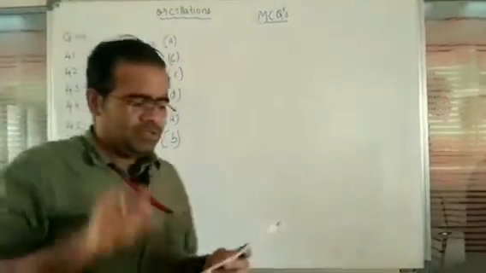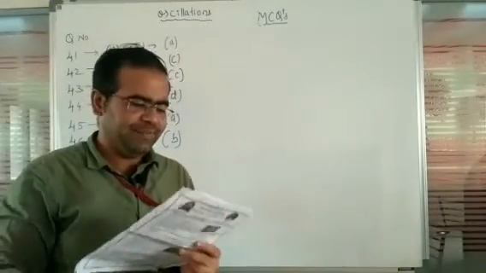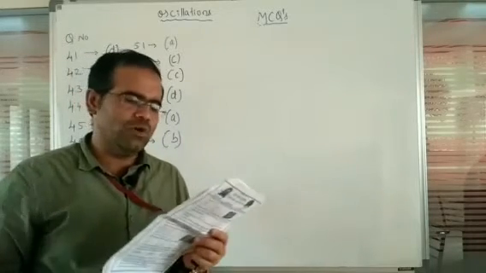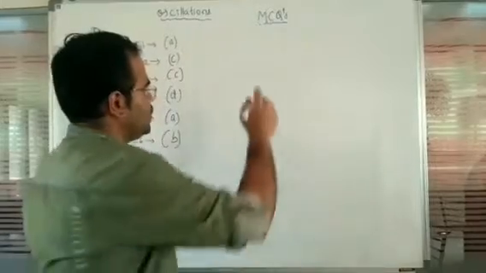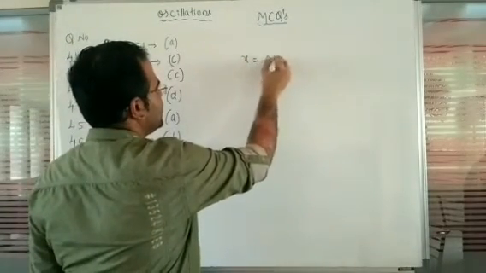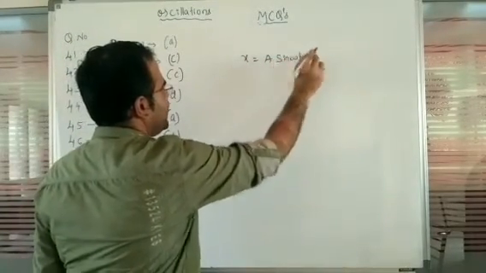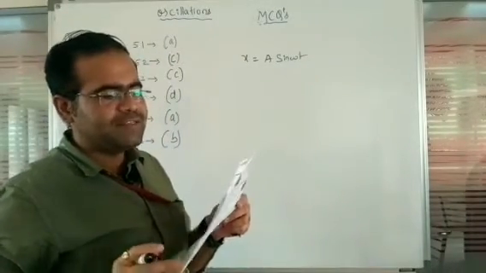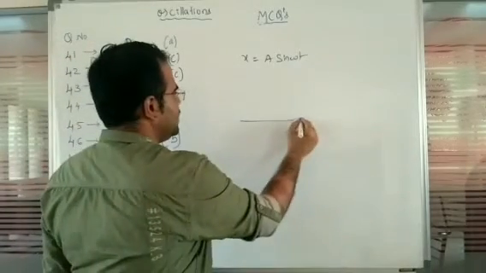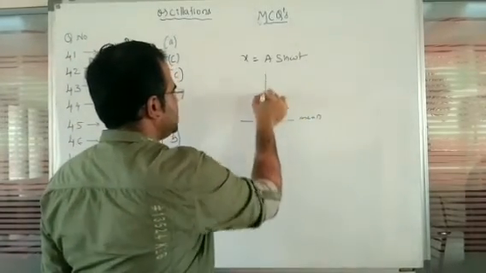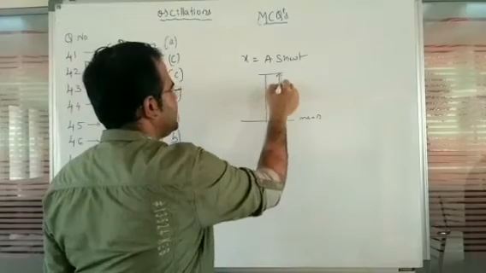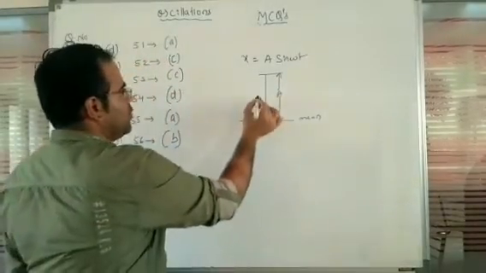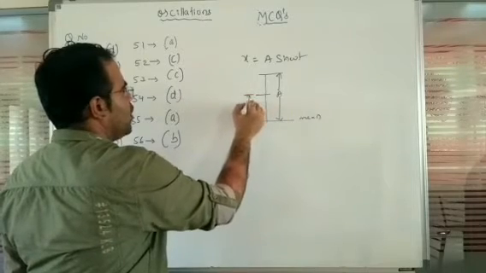Okay. So here is question number 57. A particle executes simple harmonic motion such that x is equal to a sine omega t. So here the value is given, x is equal to a sine omega t. Now in that one it takes time t1 from x is equal to a by 2. Let us assume this is the mean position and this is the maximum amplitude, or maximum displacement. Now from this point to the particular point of a by 2.